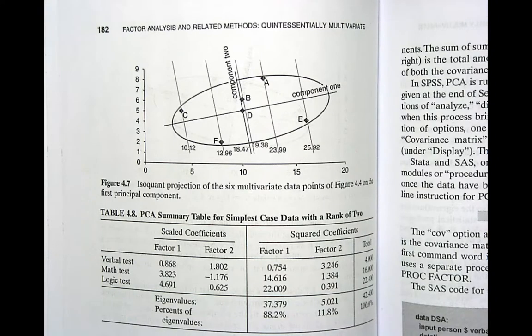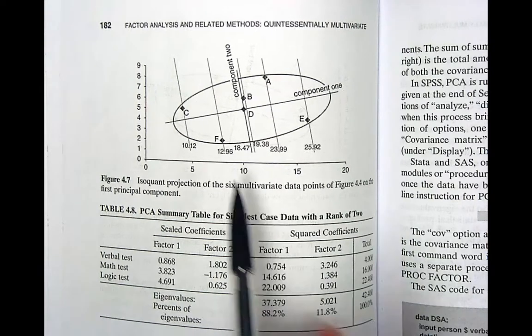Now that we have discussed principal component analysis in some detail, and I have explained figures 4.4 and 4.6 in your text, let's move on to figure 4.7 and also table 4.8, and I'll explain those in this video. Notice in figure 4.7 that if lines perpendicular to the first principal component are drawn through each data point, right here,